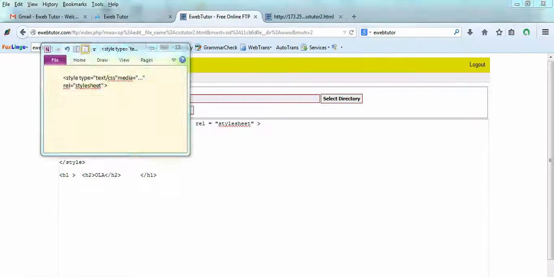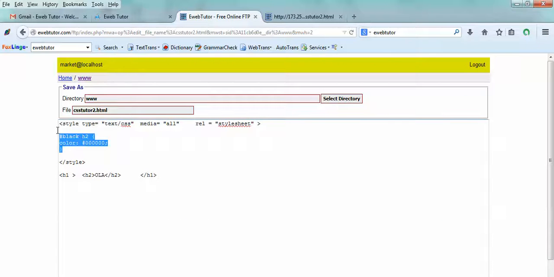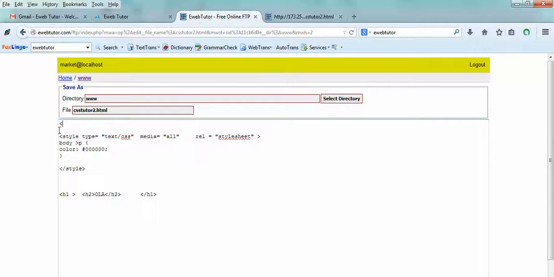Let's copy this code inside our CSS, our style. So normally, the normal procedure to create an HTML page is what? Starting from HTML, then we go to the head, and under the head, opening and closing tag, we always have our style. Go to the head, then we start from the body,